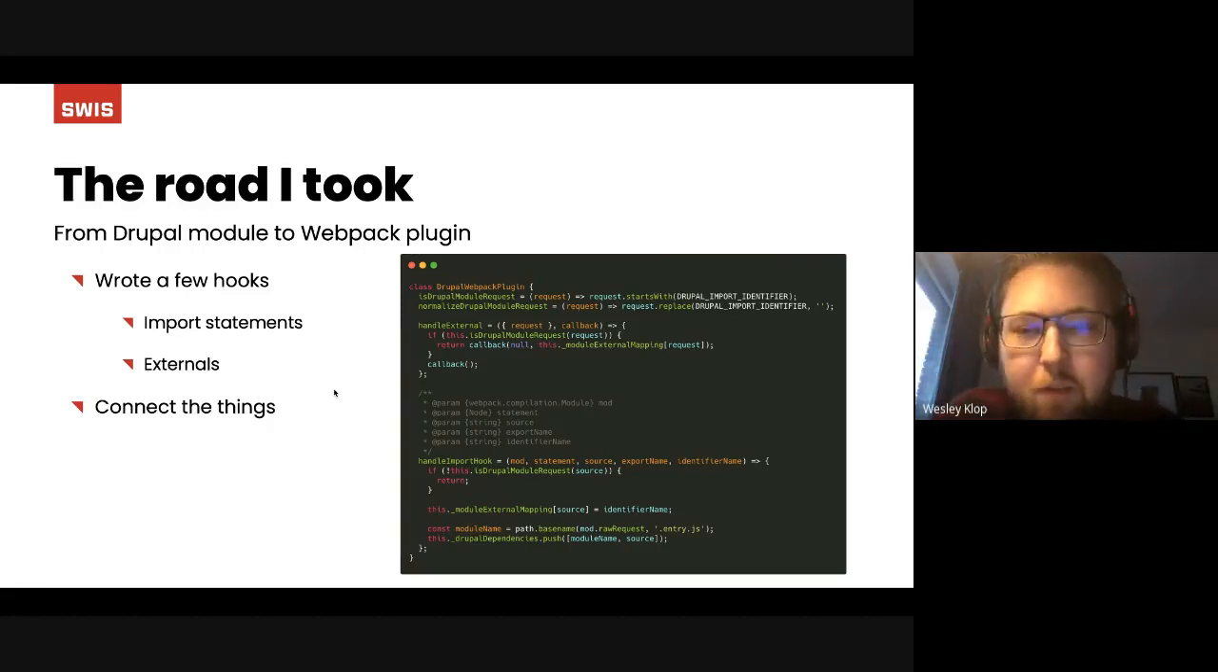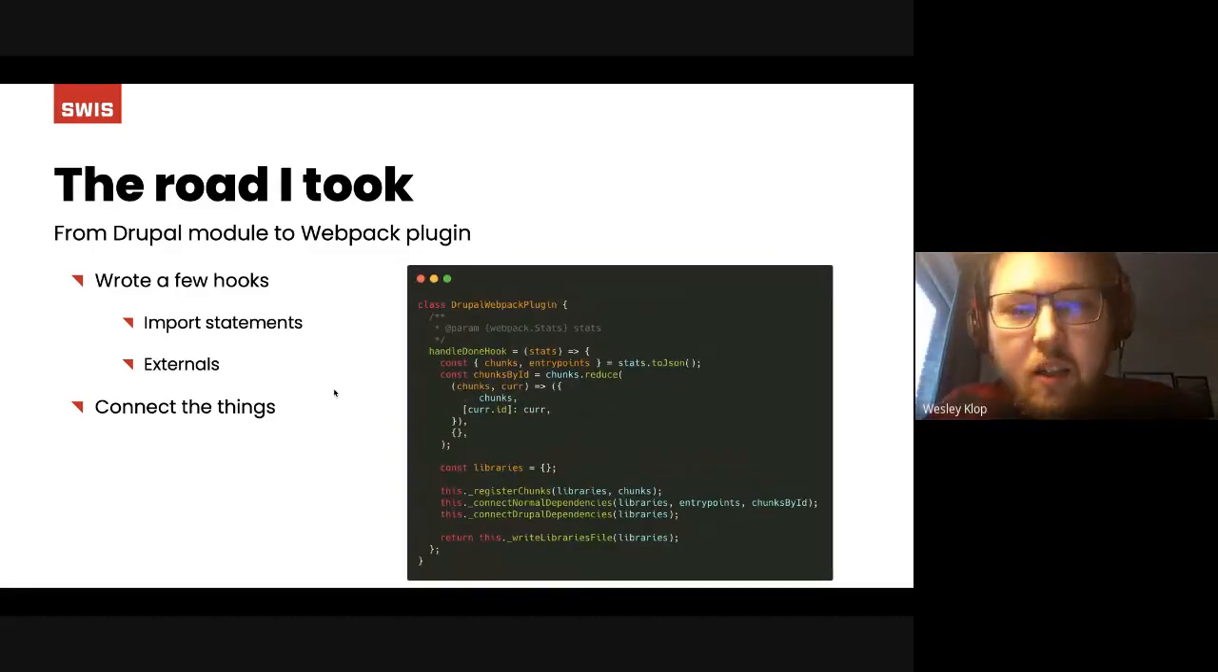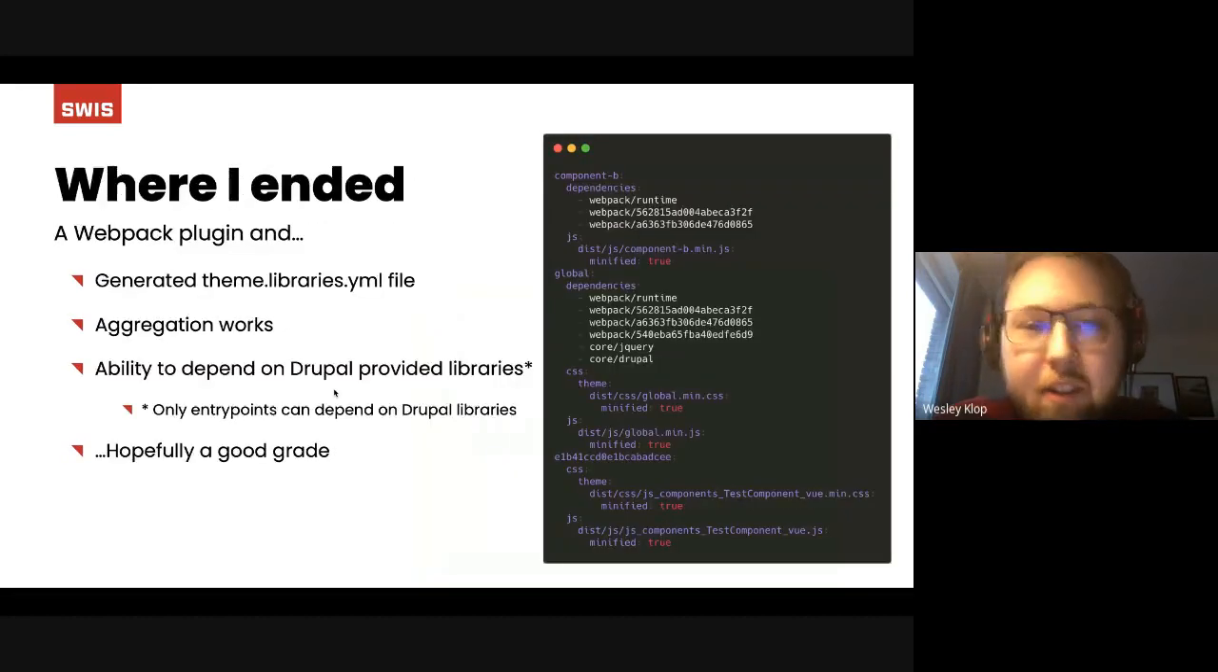So after the module is externalized, which it knows it can do by looking at the import specifier, which starts with Drupal and then a colon. After all that is done, at the end of your build, we can connect things, which at the end we do by, again, retrieving that stats JSON and getting the chunks, and then writing into a YAML file, which is the webpack.libraries.yaml file in this case,